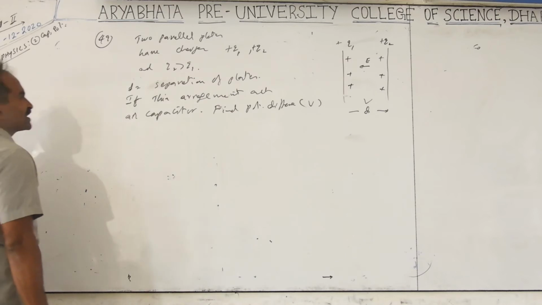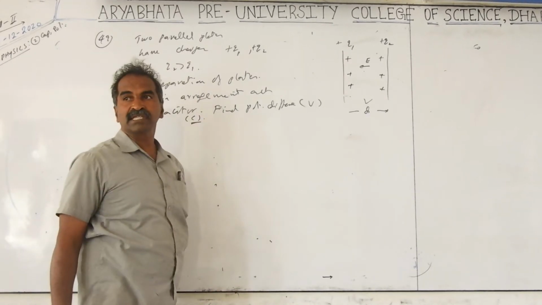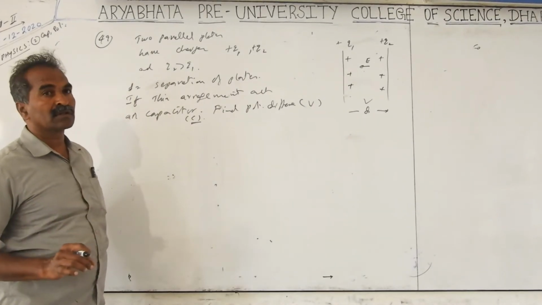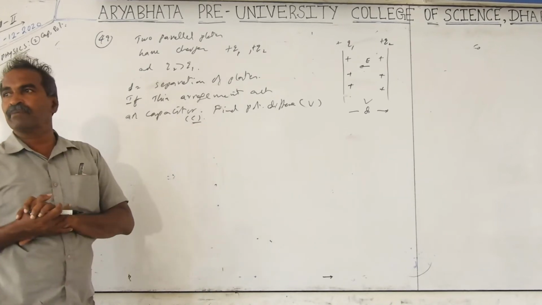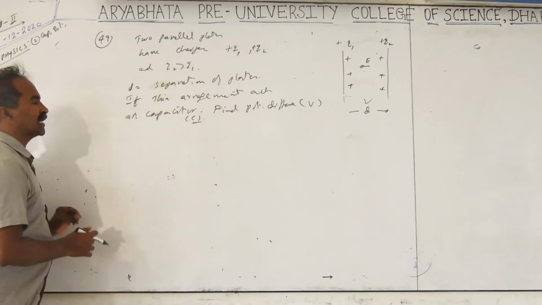That means in terms of capacitance, this is a capacitor of capacitance C. The answer is given in terms of C, equal to V by D. We cannot take it directly; we have to take it in terms of the charges also, and the C symbol is also required. What is the basic formula for capacitance? C equal to Q by V. That formula we have to take. So here